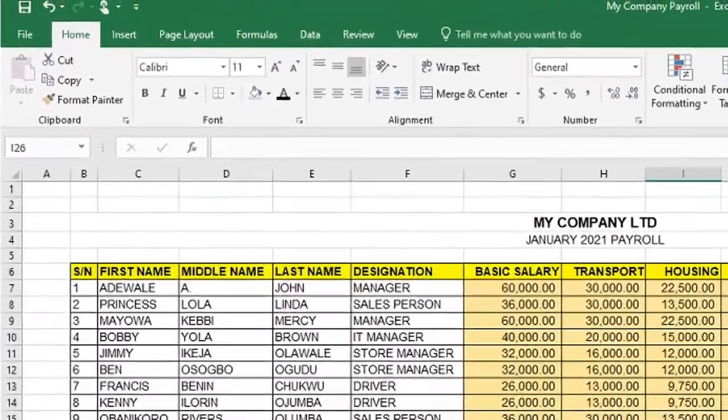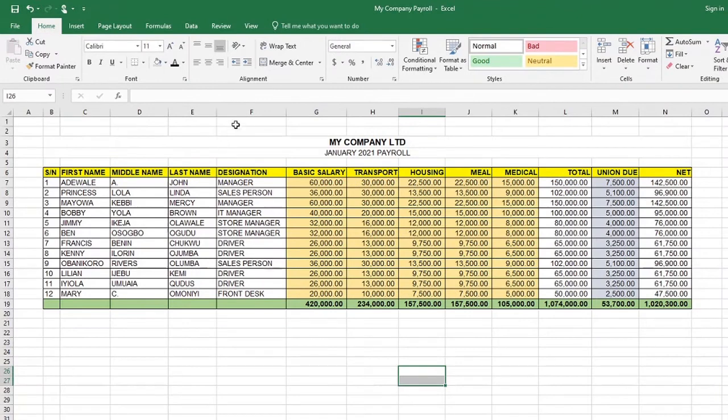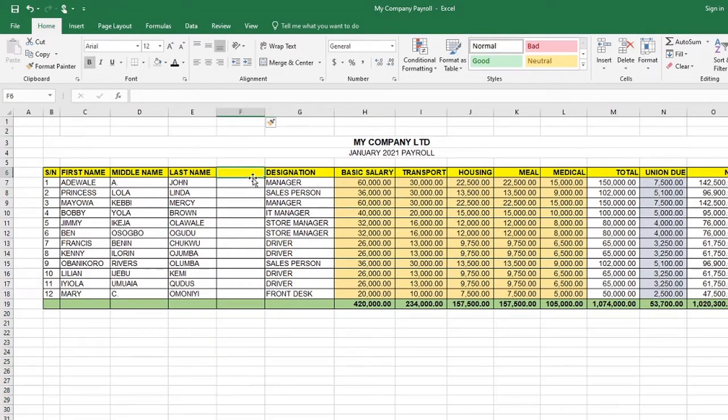So what we want to achieve now is to have, in some cases you want to have full name. Somebody gives you something like this, but you don't want first name, middle name, last name. You just want a full name. So how do you do that? Of course you can create a new column right there and say full name. Now you begin to type this one out, Adewale A John, and like so for the rest of the cells. But you can actually join things together